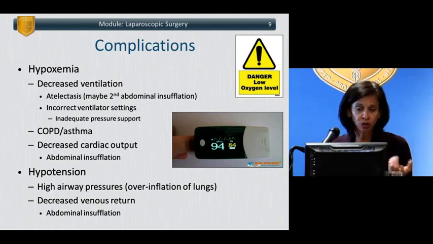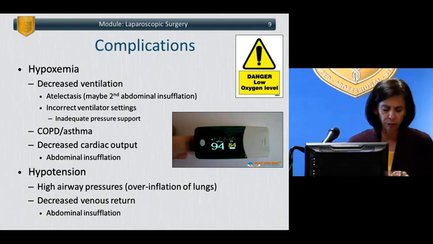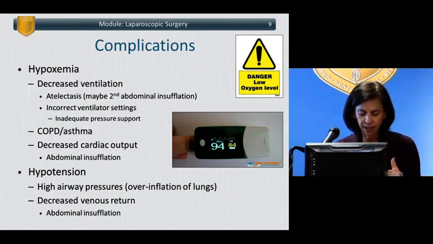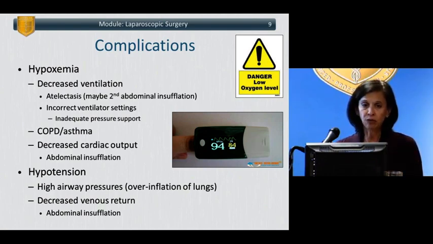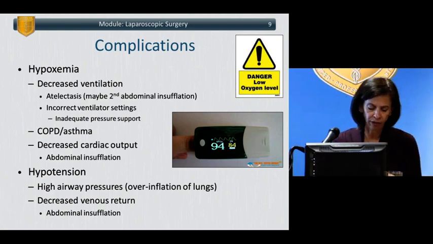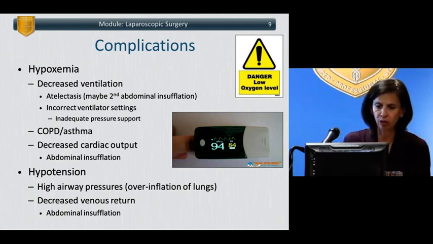So if you're using pressure-controlled ventilation, which a lot of people now do, remember it's going to be limited at the pressure. It won't guarantee a definitive tidal volume. Because of the increased abdominal pressure pushing back, you may reach those airway pressures and the ventilator stops insufflating before you reach an adequate tidal volume. So it may be safer to use volume-controlled ventilation or a backup volume control mode. And again, patients with COPD or asthma are at increased risk.